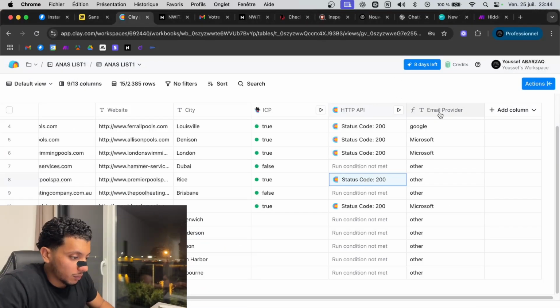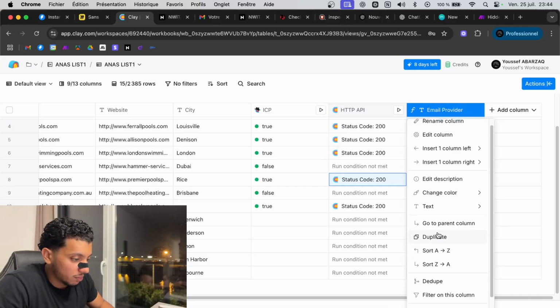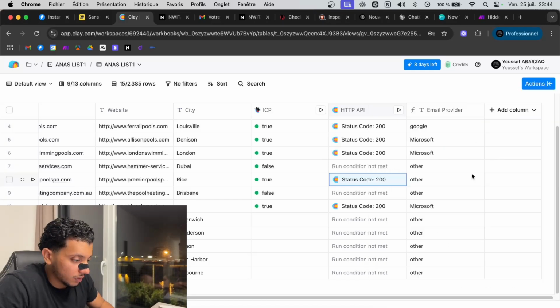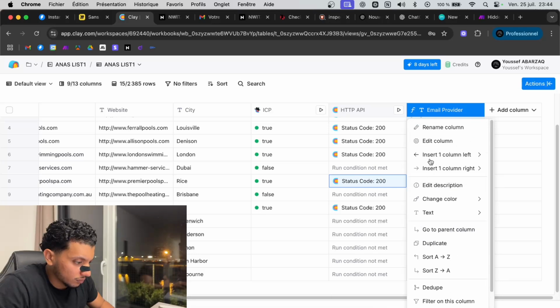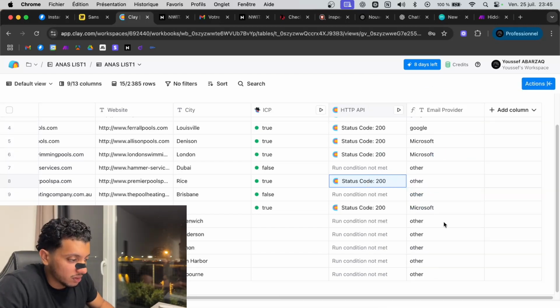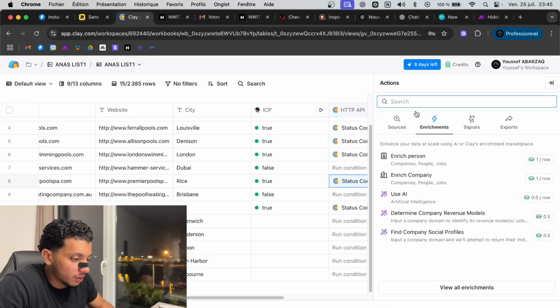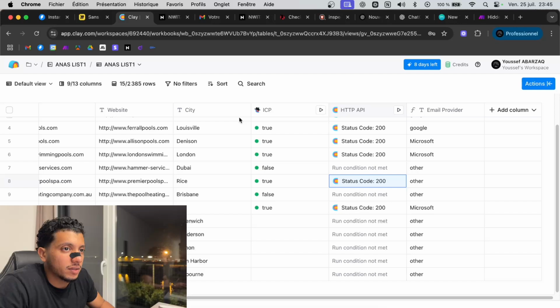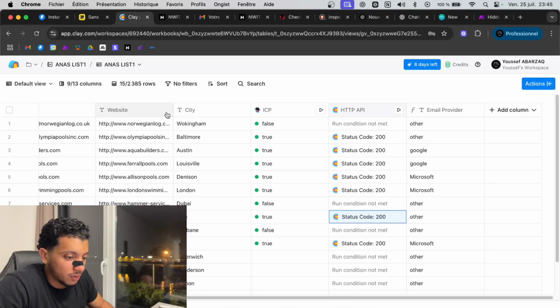So I don't know if I showed, but I changed the prompt here. Edit, not here. So it was, if the email provider is Google, display Google, and if the email provider is Microsoft, display Microsoft. If it's other, display other, and it worked. I'm going to do something else now because I will need to have the website description for the personalization, so I will first of all